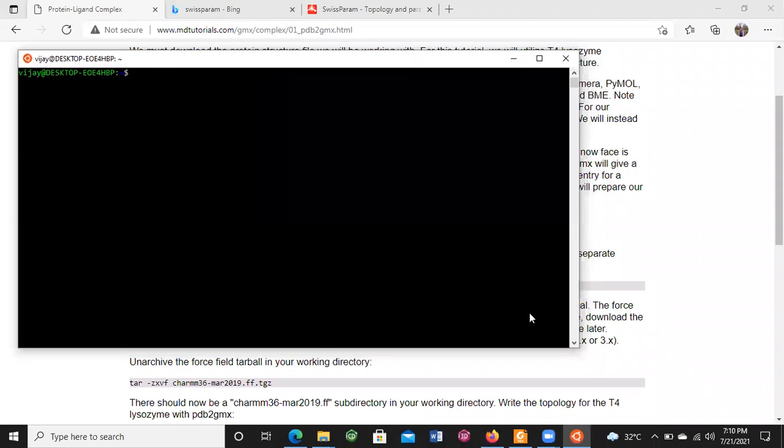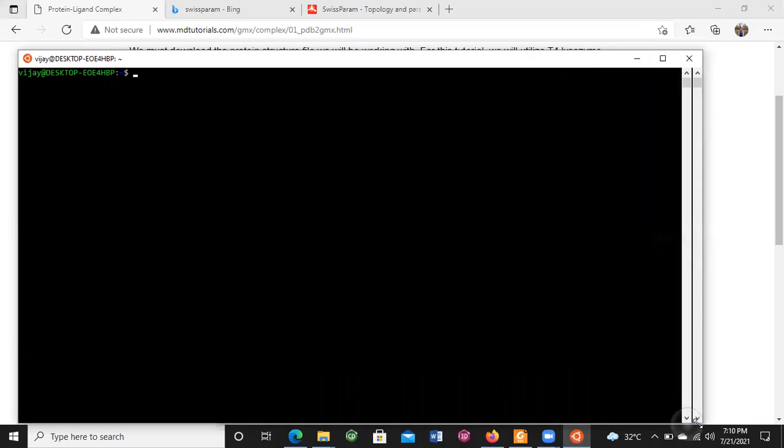Now maximize this window for greater visualization and type cd /mnt/c/Users/ and your username folder. Here my folder is kick. Just press enter.